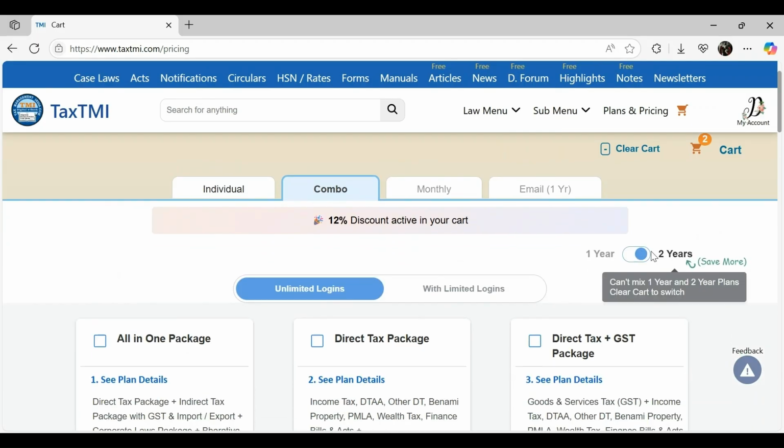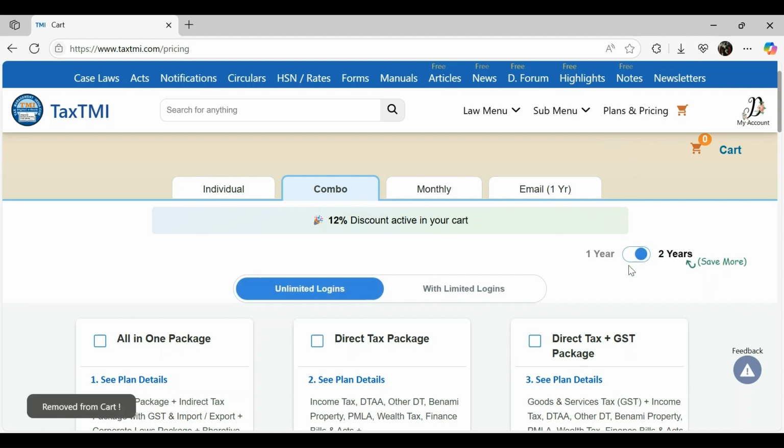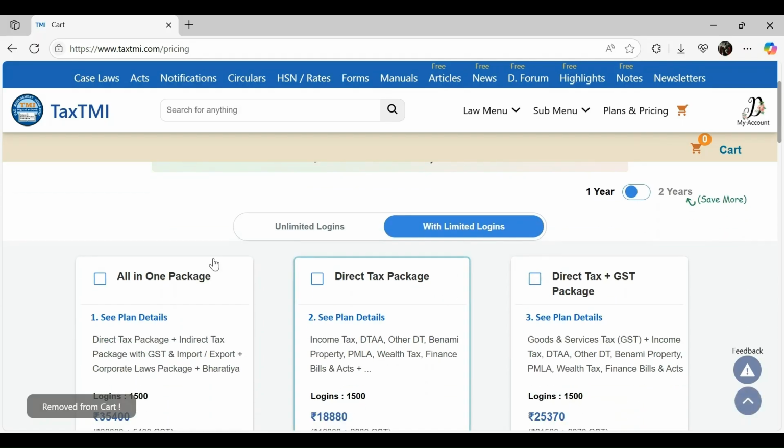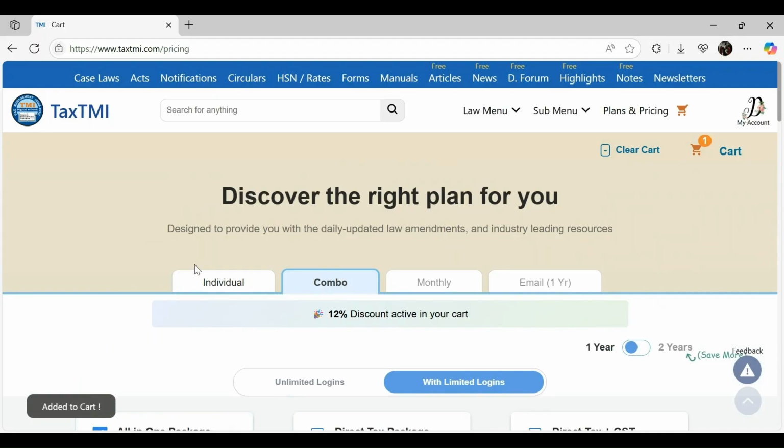Now, once I have selected 2 years unlimited, I may not switch my filters because only a certain type of filter is allowed at the same time. You may not have one package for 1 year and another for 2 years selected in your cart. So, to begin from the start, you'll have to clear your cart and then you'll have an option to switch. Suppose I want to go back to the 1 year with limited logins plan. I'll add the all-in-one package to my cart,